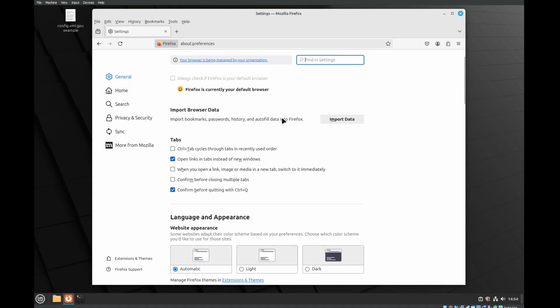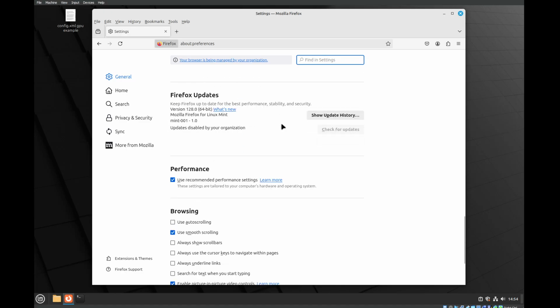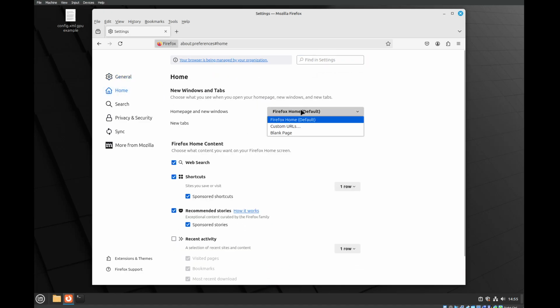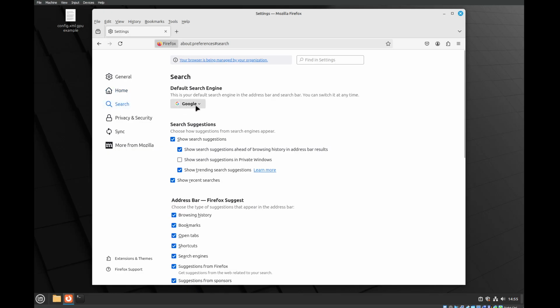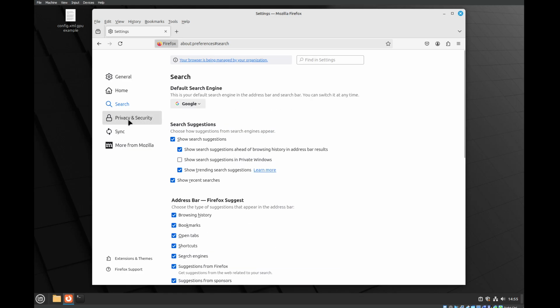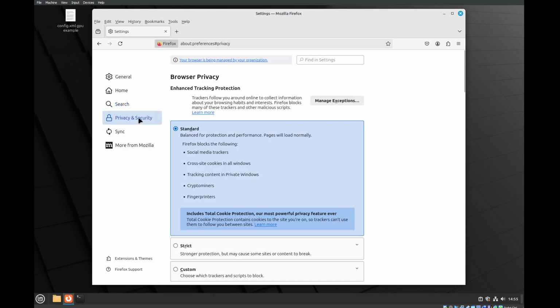So the first tab, General, I don't care about any of this stuff. It's all fine for me. The next one, I just want a blank page when I open the browser. I don't want their Pocket or whatever. Search, the search is all fine for me. I used to change it all to DuckDuckGo and whatnot, but